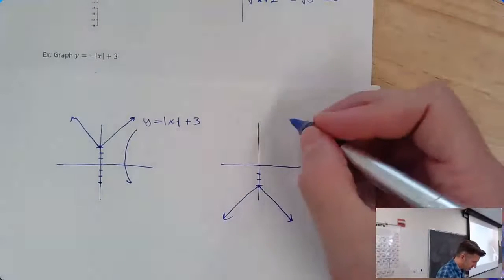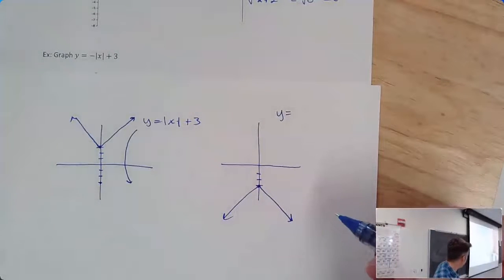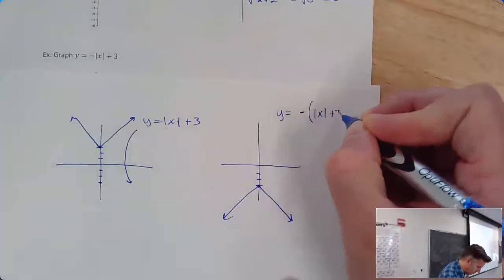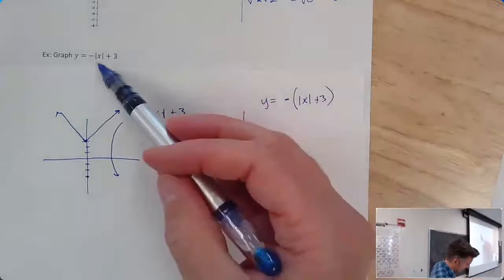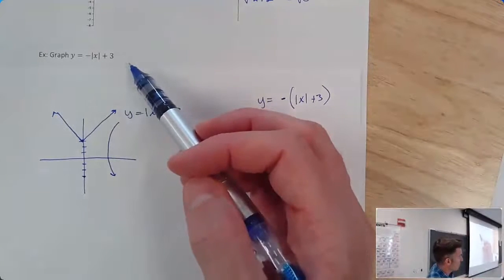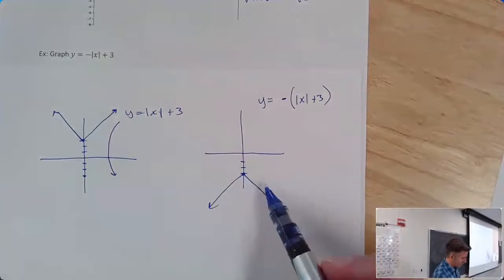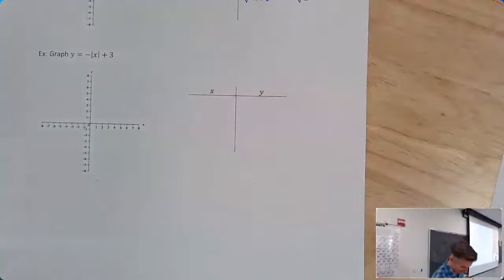And that is not y equal to the negative absolute value of x plus 3. It's equal to the negative of the absolute value of x plus 3, which is a totally different thing. So we're not going to shift first and flip second. We're going to flip first and shift second. So